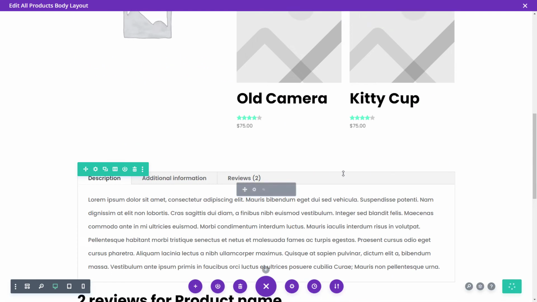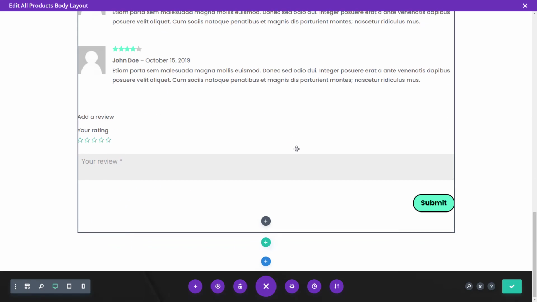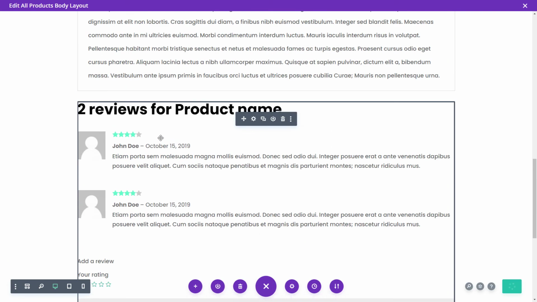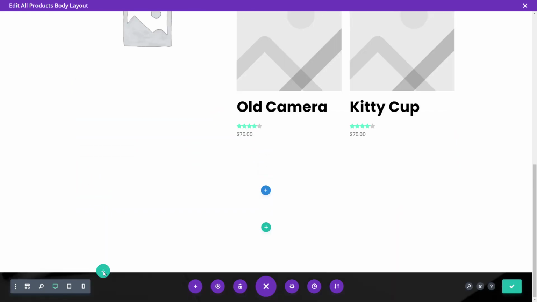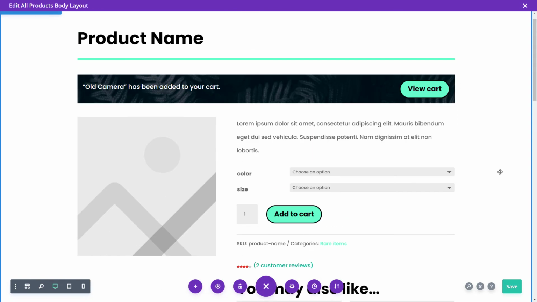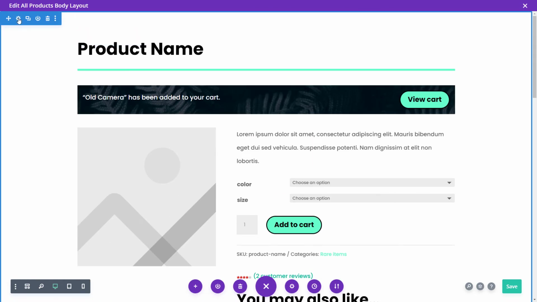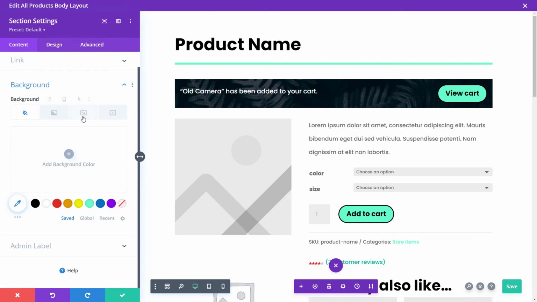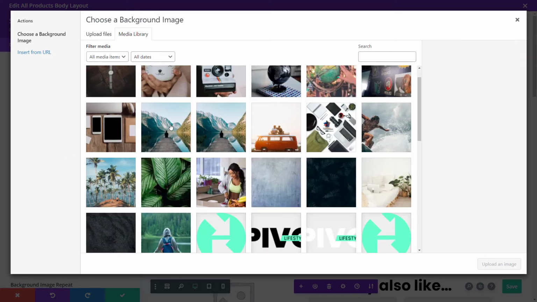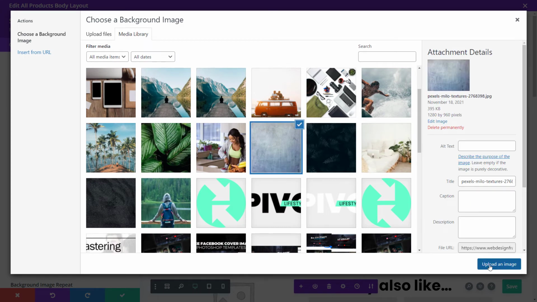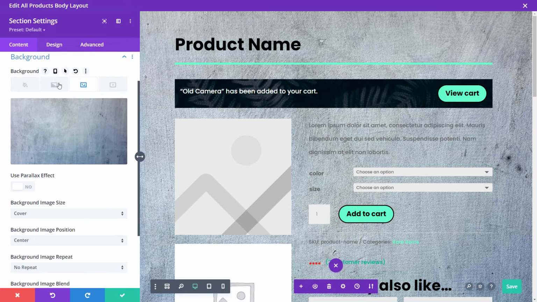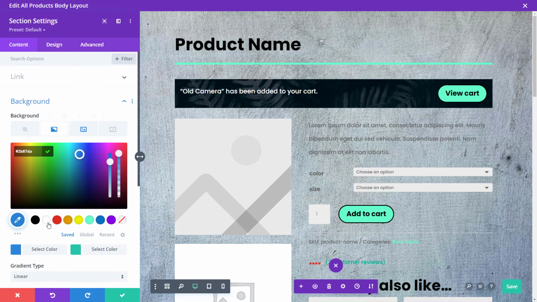one thing I'm going to actually do as well. Now, I'm going to add in another section just for the sake of design. I'm going to add another regular section and leave that. And I'm going to move this entire column section down into that white section. Now, this is actually something I've done in the past to liven up a product page, as I've added just a background image in there. So this time we'll go with that concrete look. It's a bit harsh at the moment. So what we're going to do is also just add a gradient over the top. Make it white,